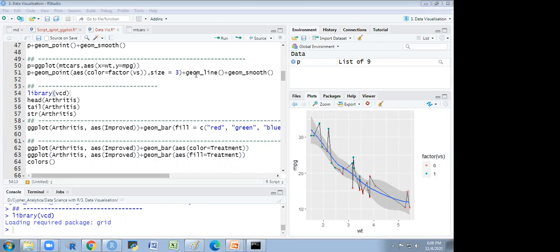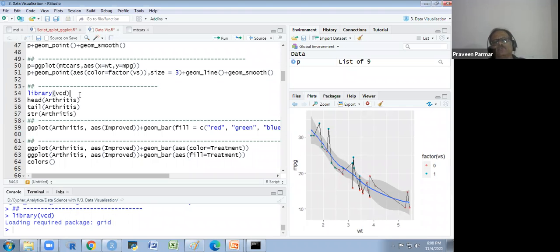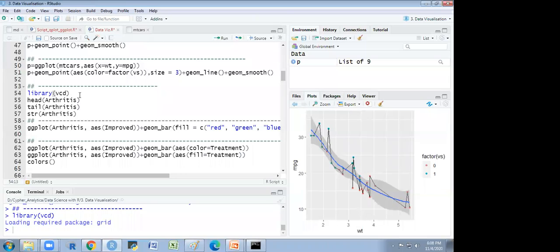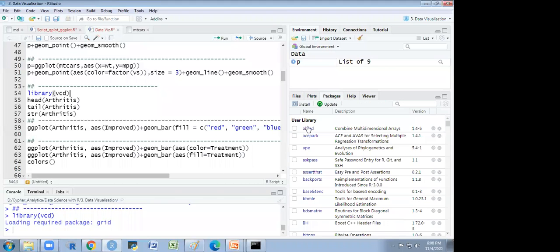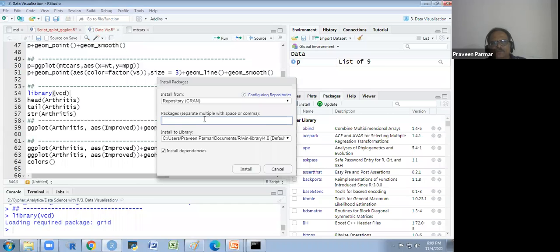Excuse me, sir. When I try to load the package vcd, I get this error that it requires a package called grid. So first you install grid. But in the case of grid, there are many options, like gridBase, gridDebug, gridExtra, gridGeometry, gridGraphics. I don't know which one I should install. When you install this vcd, did you click here or not? It should be right.